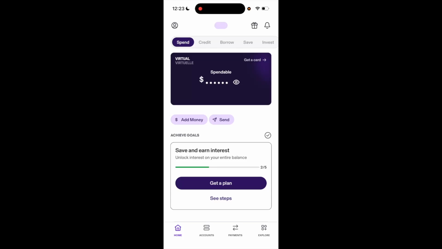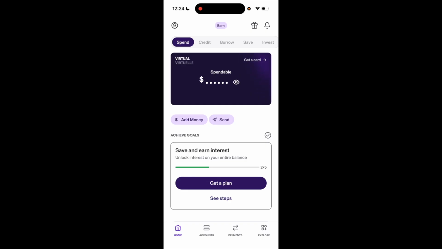So in this KOHO Financial tutorial video, I am going to be showing you guys how to add a debit card as a payment method here on the KOHO Financial application. So once KOHO's opened up on the home screen here in the bottom left, go to the top left and